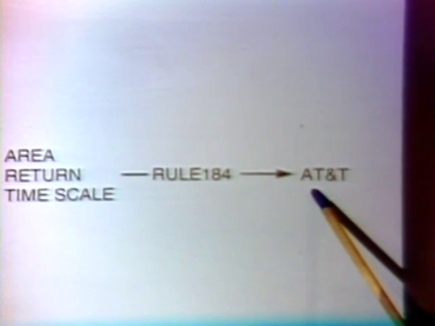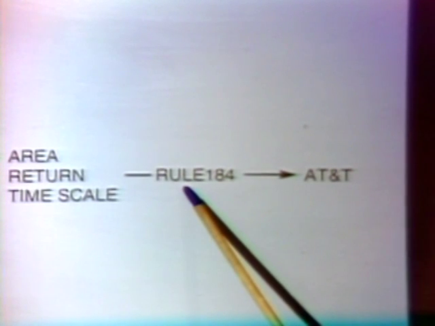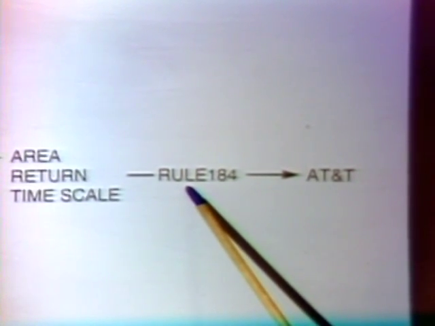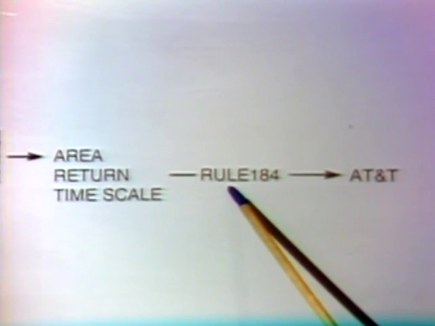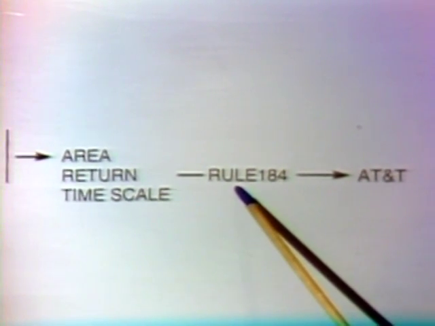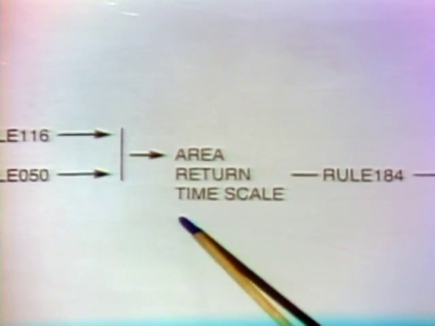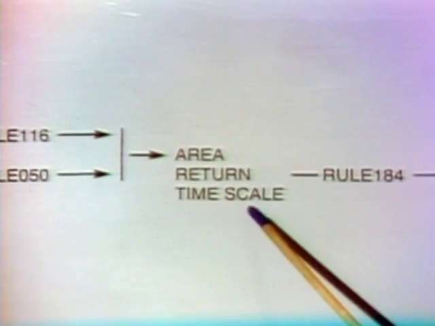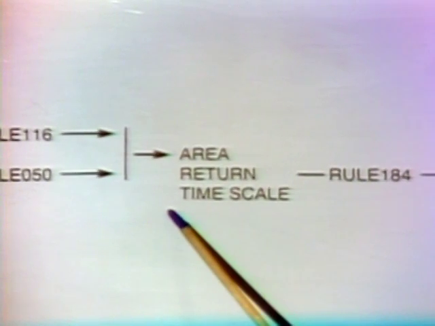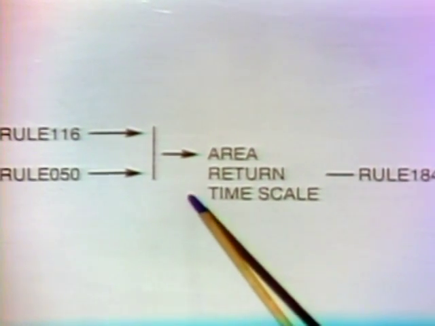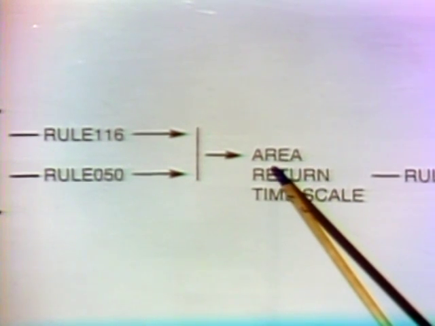Recall that AT&T shouldn't have appeared. So the first question we ask is, well, Rule 84, as it turns out, is the one that gave us the AT&T. Is that rule correct? The expert says, yes, indeed, the rule is sound in and of itself. Well, then moving back further, aha, there must have been a problem here. Each of the premise clauses evaluated to true. One of them should not have. And the expert says, yes, that's right, one of them shouldn't have. In particular, the area clause should not have evaluated to true.